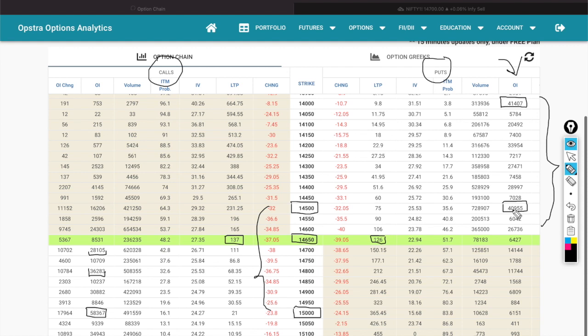For the last few weeks, 14,500 has had a very good open interest on the put side. So that's why I easily told that the market will reverse from there, because the smart people, the option sellers or FIIs, have their positions in option selling only. They sell the options and they make money. And we, the retail investors, always plan to buy options with very little money, and we think it will grow into a huge thing.